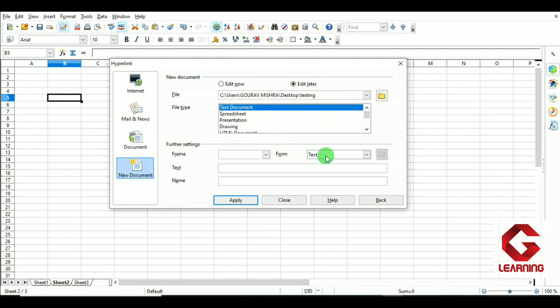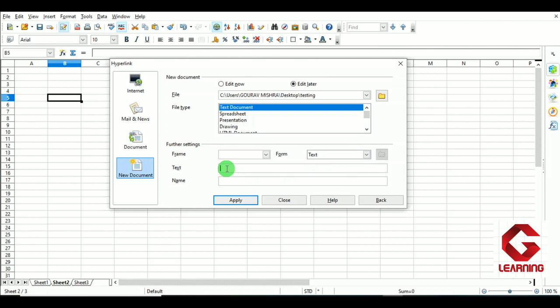After that, next one is form, and in the form two options are there: one is text and the second is button. What kind of hyperlink do we want to create? By using the text option we can create the hyperlink in text form, and by using the button we can create the hyperlink in button form. As I want to create the hyperlink in text form, text is selected, and next is text, where I have to enter the text that I want to use as the hyperlink.